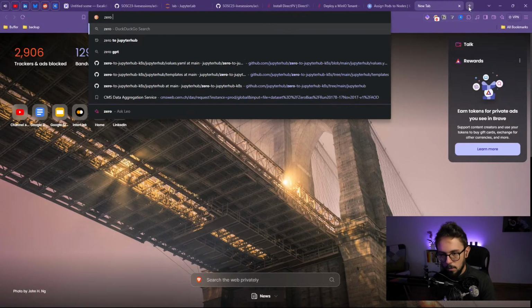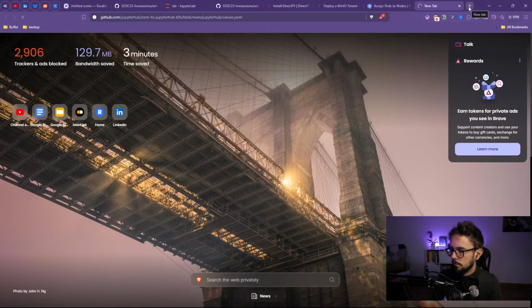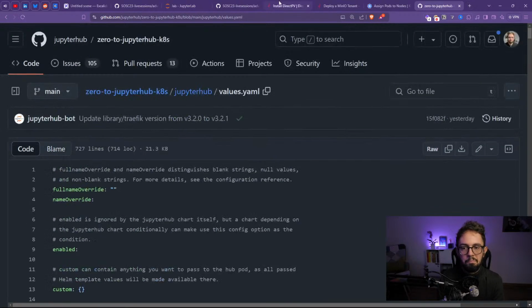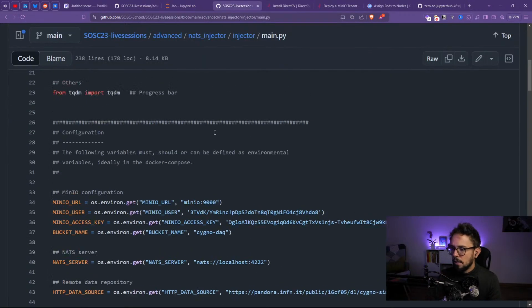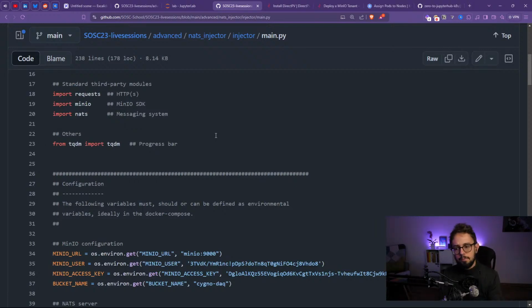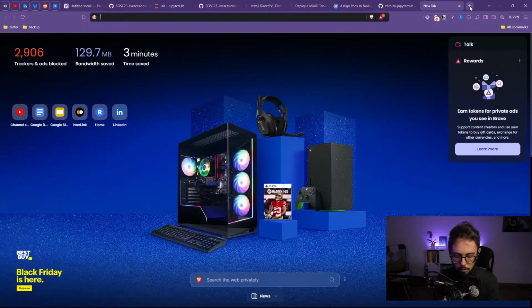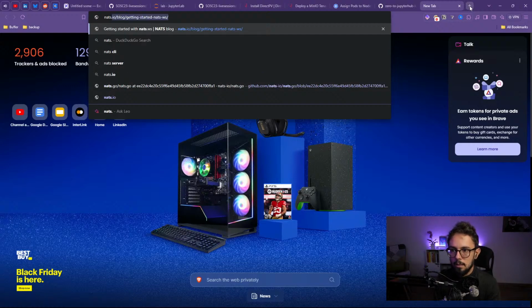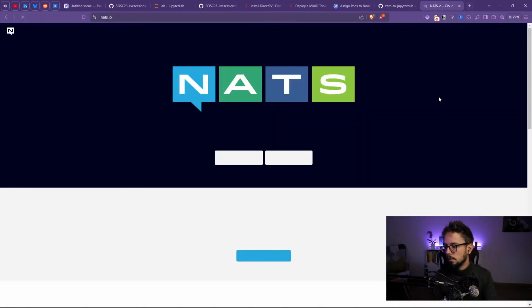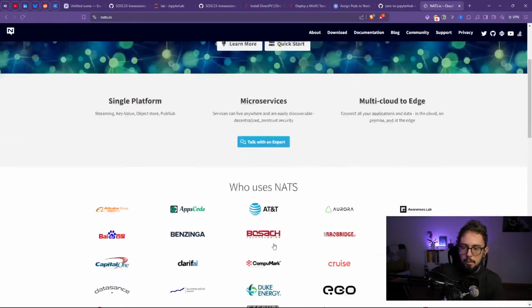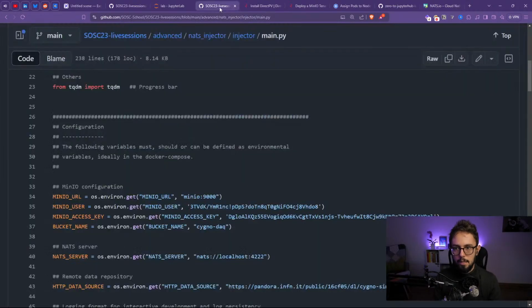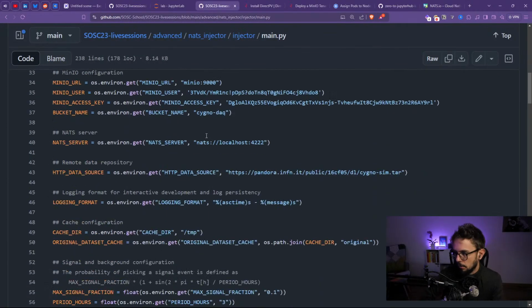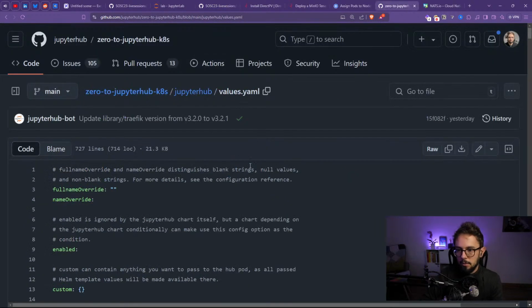Now, to JupyterHub. And anyway, the other thing that we missed is installing a NATS server. So nats.io will be the message queue that we are going to use. And together with this nats.io, inside that we're going to install our script. So let's take a look at the script while I'm checking